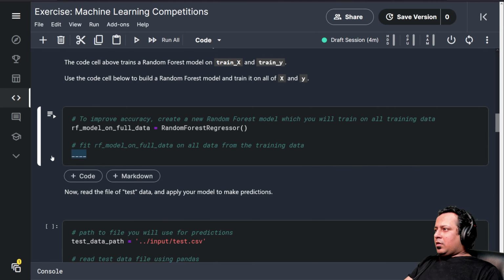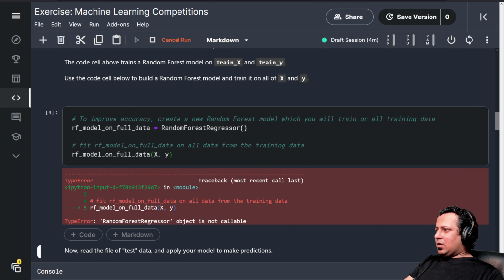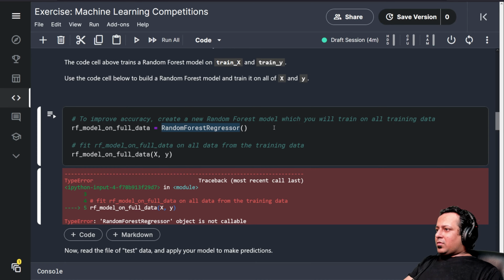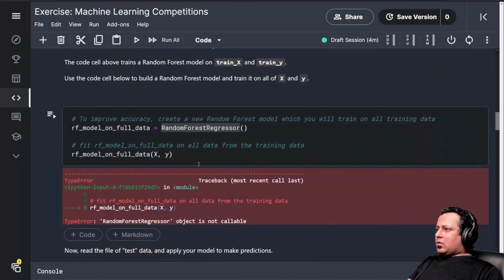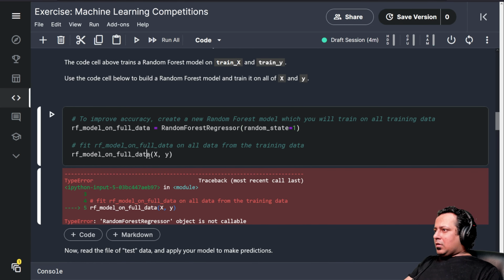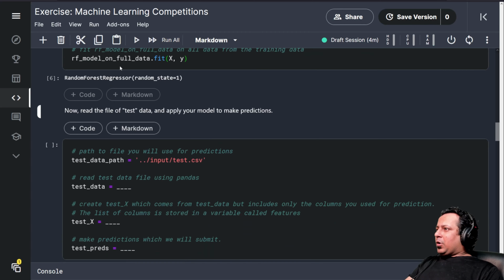And here we fit the model on full data, and our full data is capital X and small y. Random forest regressor. Okay. And we should also specify random state, random state to 1. Okay, yeah, it's not callable because you have to use model.fit. Okay, so now